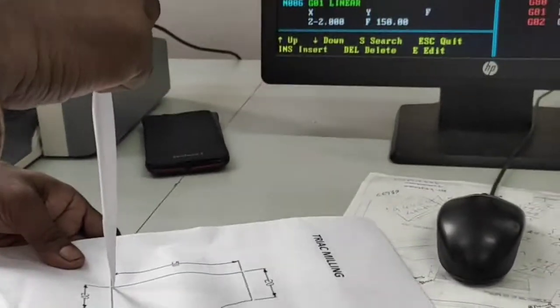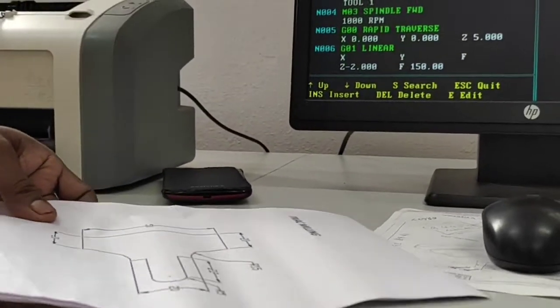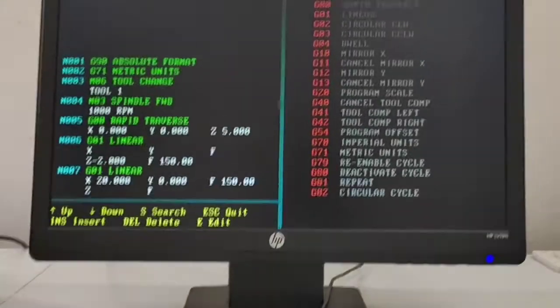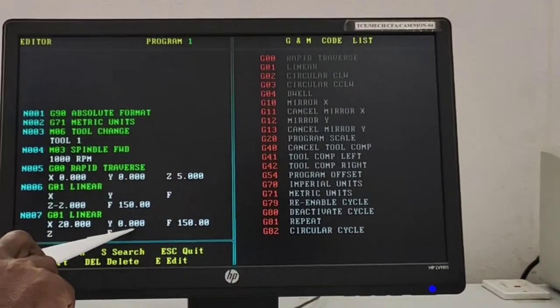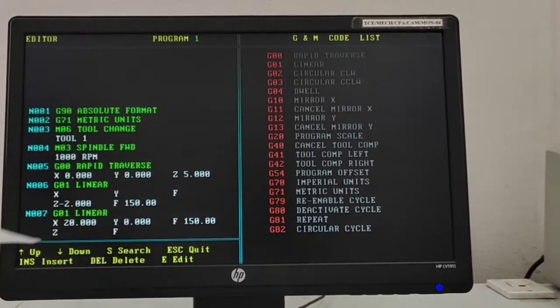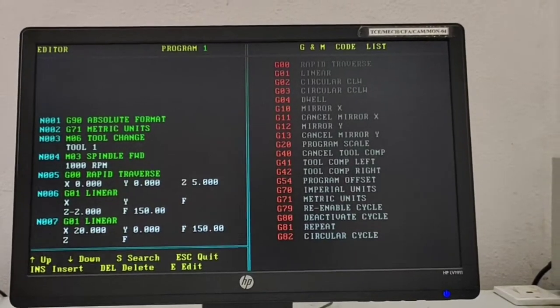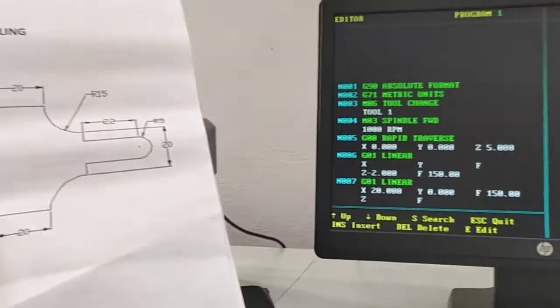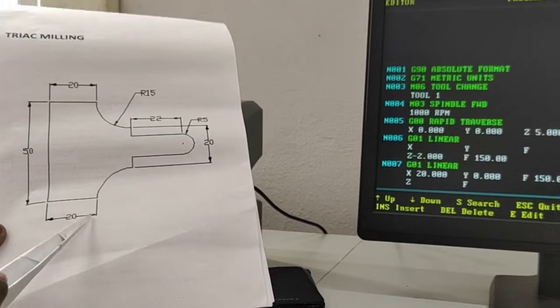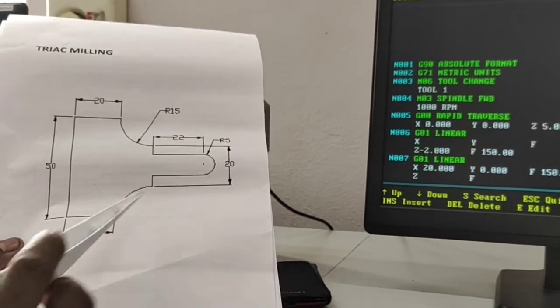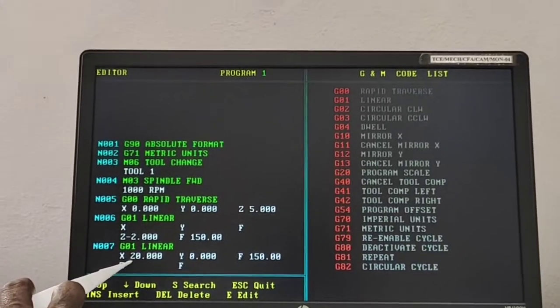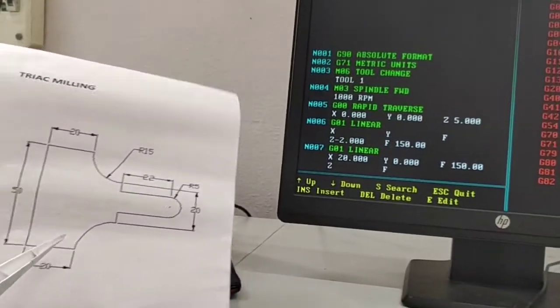The next G01 is a linear move, X20, Y0, with feed 150 already available. X20 is 20 mm from the datum point in X, and Y will be 0. So this point is noted as X20, Y0.